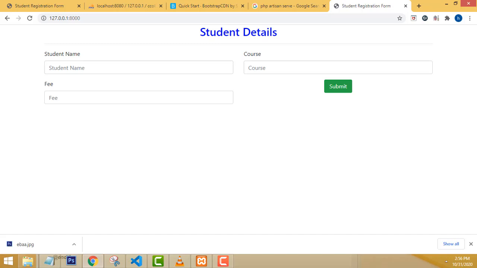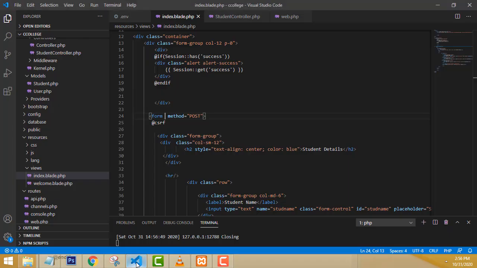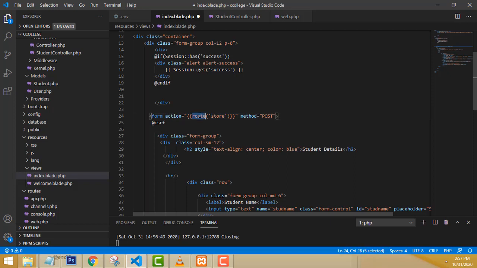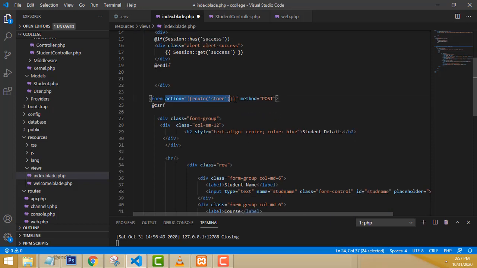Now this is how we have to load the Laravel file. Very simple, right? After that, what I did here, why that error was made, is this: the store method is not defined in the route. That's why it made the error, right? Now let's write the action method, like this, right?